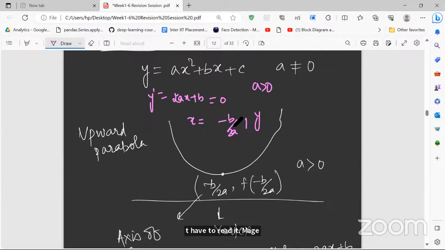If you are able to make the equation, you'll be able to maximize, minimize, whatever has been asked. And this is what you have to do. Just calculate the equation. If you have been asked to minimize the cost, check whether this parabola is going upward or downward. So depending upon the quadratic equation, you'll be getting minima or maxima.